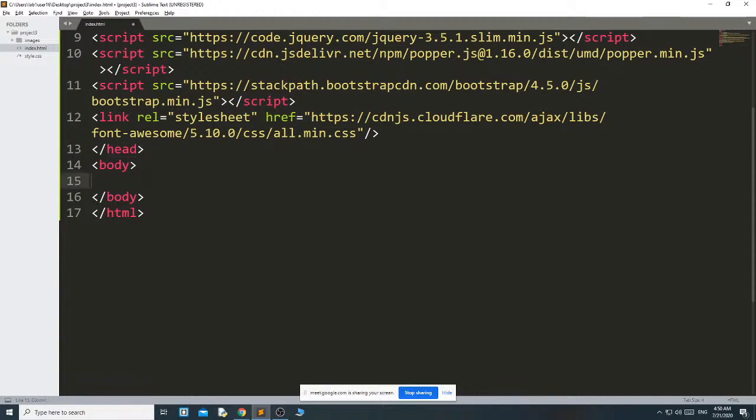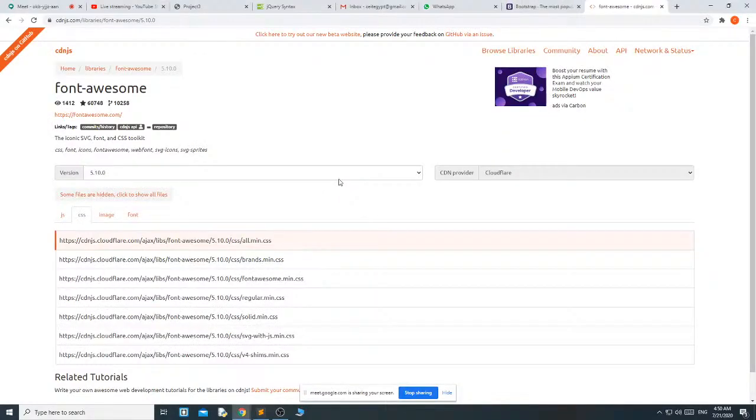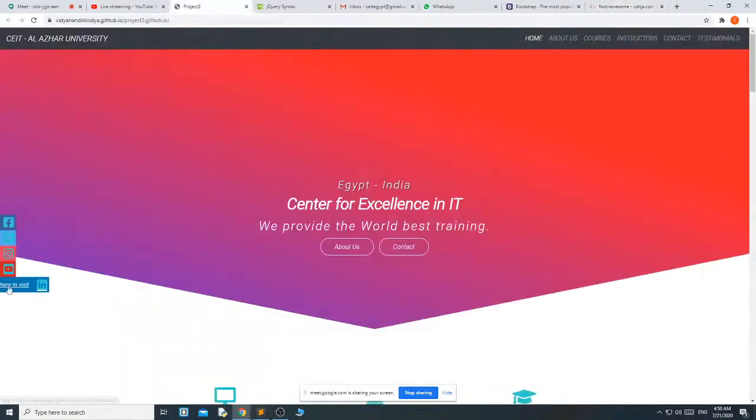Then inside the body, first I will show you how to create this side icon. Then we will go for the navbar.